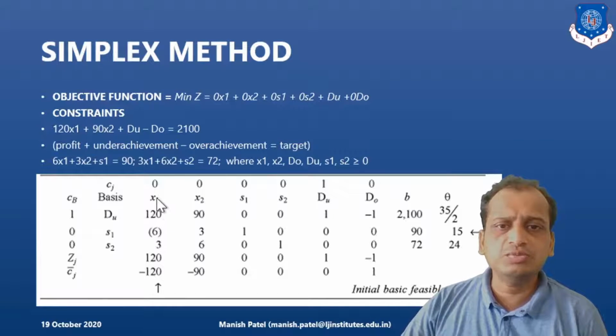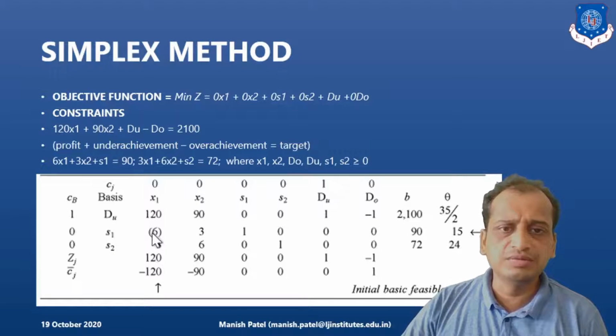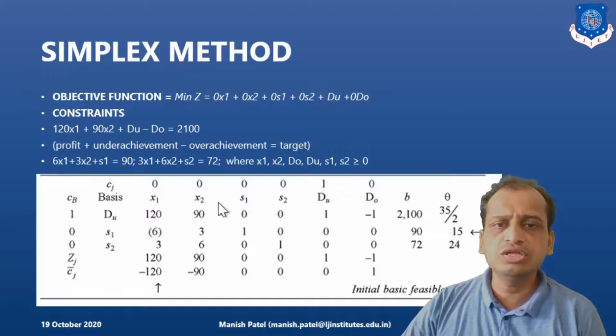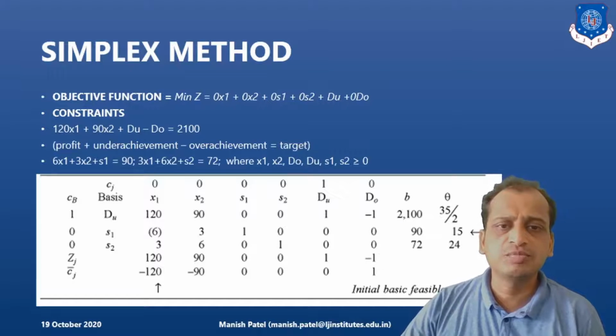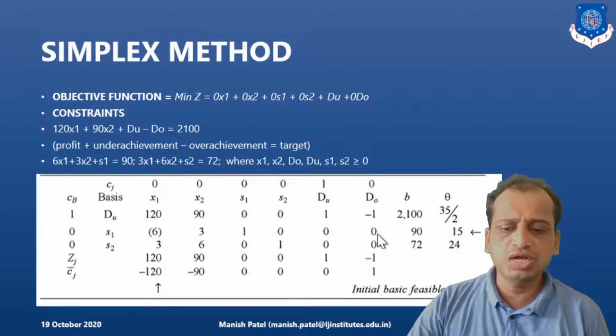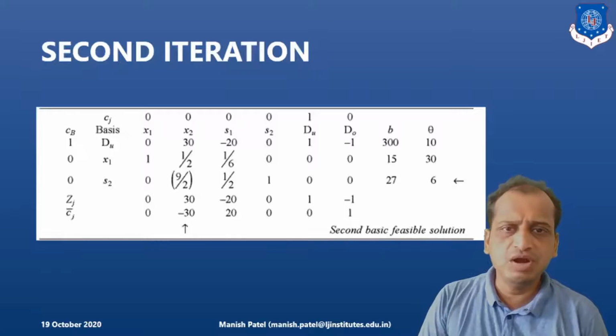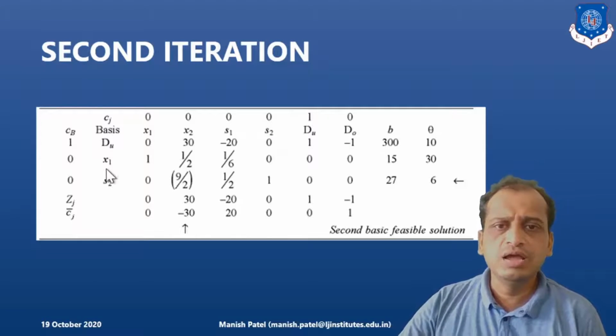So the corresponding x1 variable in Cj will be the entering variable here, right? And s1 will be the leaving variable in the next table. Also, we calculate the new values based on the old values formula which we have already discussed in the previous lecture of simplex method. So what you do with this key pivot row, we just divide this key element with all these elements and you get all the pivot row elements in the new table. So that is what I have done here. So this is the modified table, that is the second iteration where we have the new elements, right?